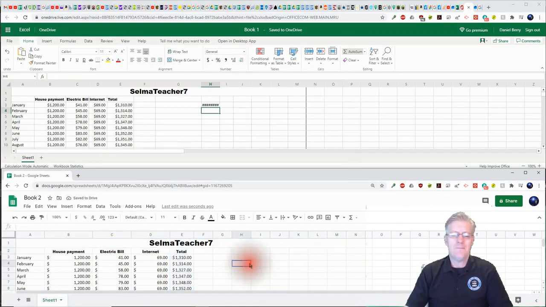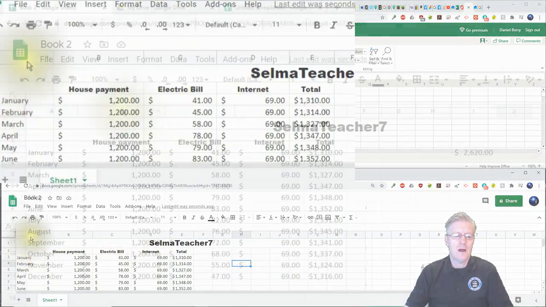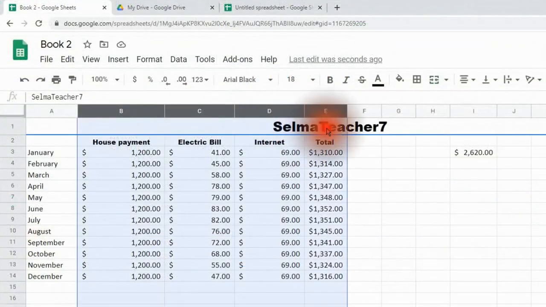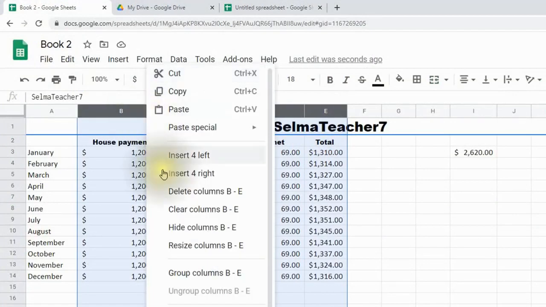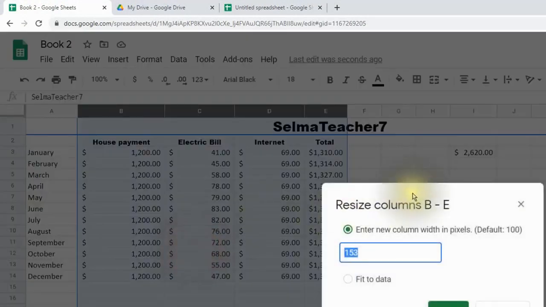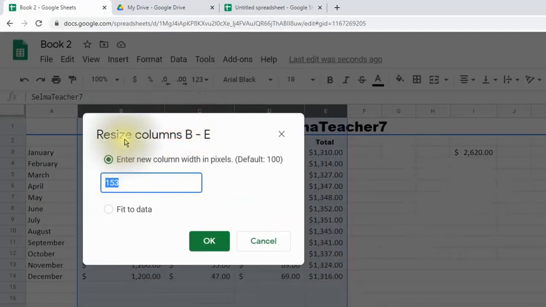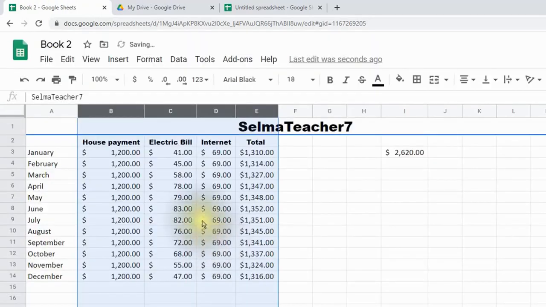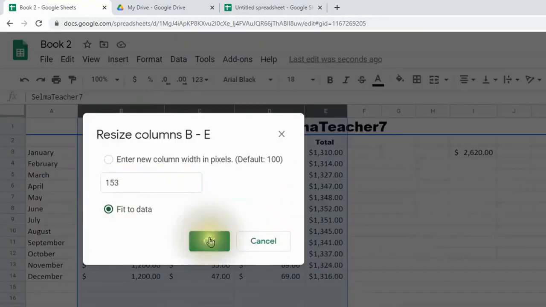Now normally when I'm working with the columns, I'll just highlight multiple columns, and I'll do that. I'll right click one of those, and I'll say fit to data, and then it resizes all of those columns to fit the data. And the amazing thing is, it'll make the columns that are too wide narrower, and the ones that are too narrow, it'll widen those. So again, the artificial intelligence comes in handy and really saves us a lot of time.